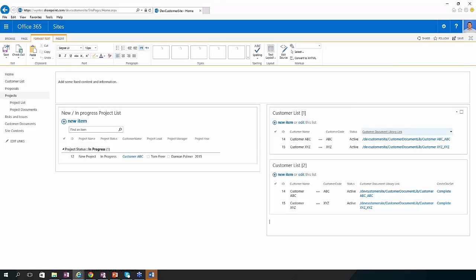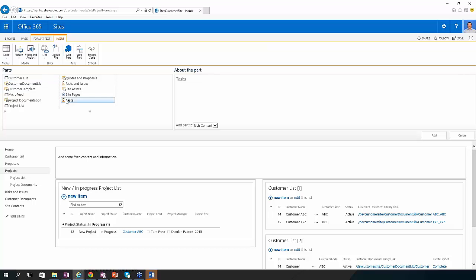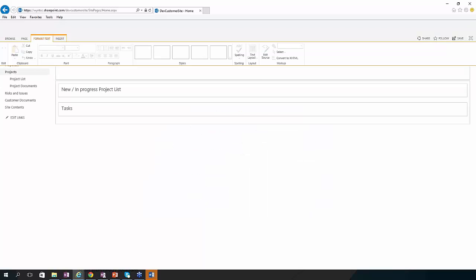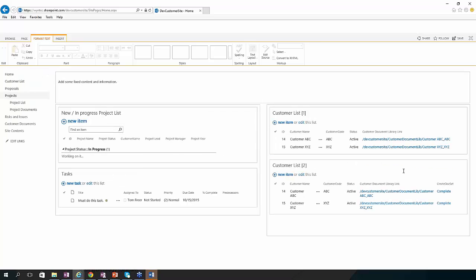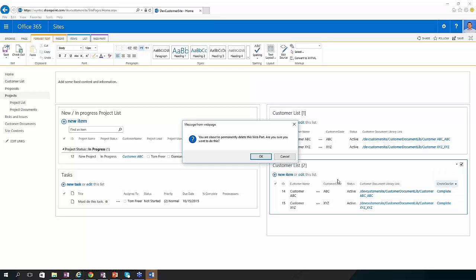I think I just created the wrong one, but you get the gist. Let me try that again. Tasks. There we go. So we've added our task list to our homepage,